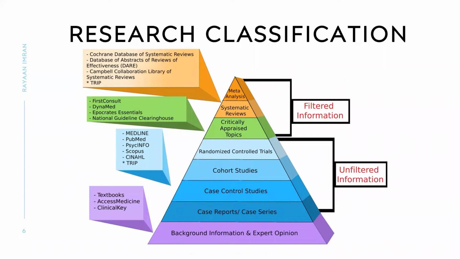अच्छा. So at the left, you can see a lot of stuff जो कि boxes बने हुए हैं. जहाँ if I start from the very bottom, वहाँ पे textbooks, access medicine, clinical key, उसके ऊपर Medline, PubMed, Scopus, उसके अलग-अलग चीजें लिखी हैं. So what is this exactly? So when I said the word databases a few seconds ago, databases are where you will find the different articles that are generally published into different journals kept in one place.